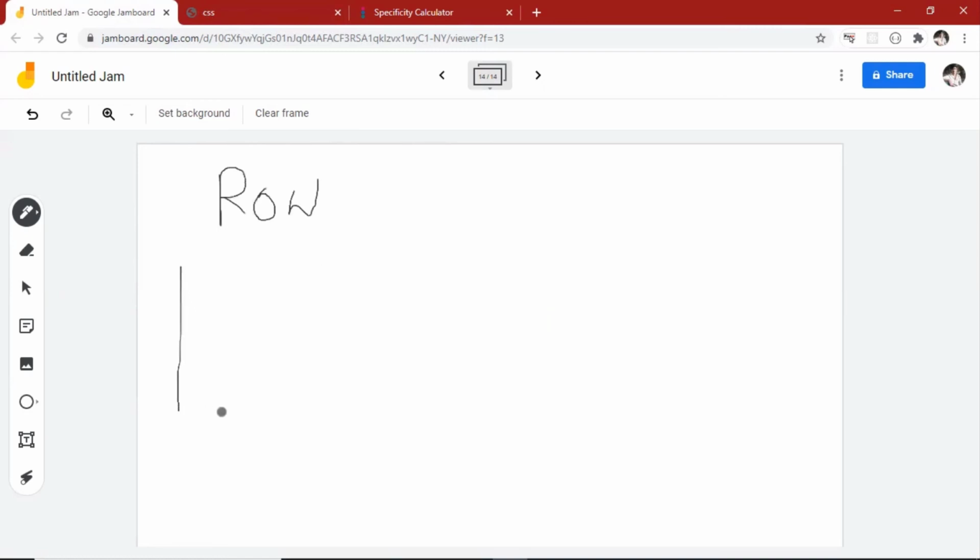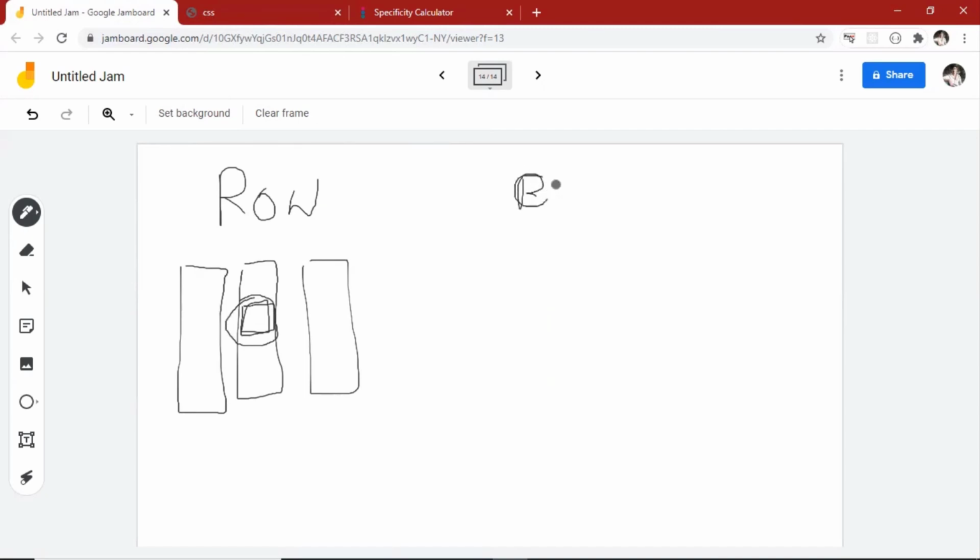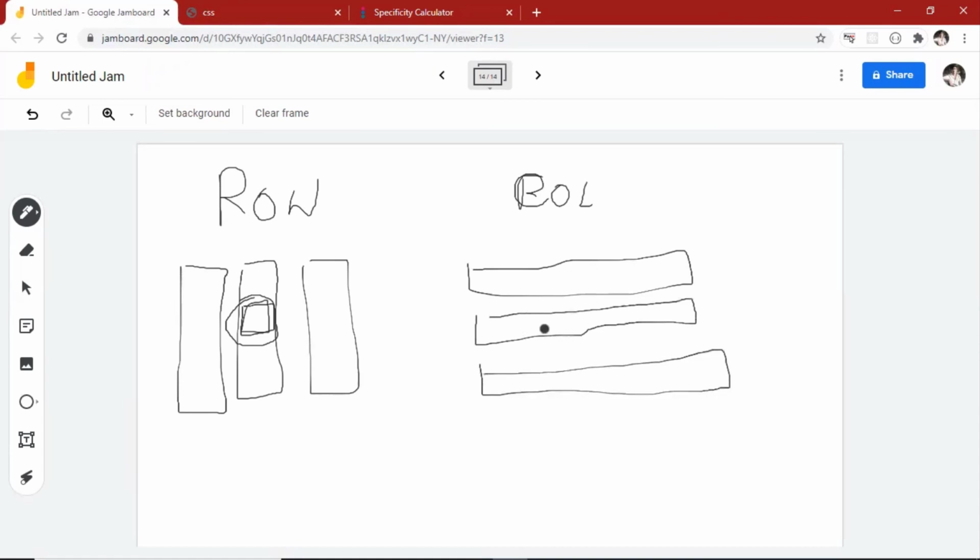So all the things are like this in the website. When I give it a center, the button was here and it was taking this much area. And when I changed it to column, the page got turned like this, and now the button is taking the whole area, this thing. Fine, I hope this clears it up.